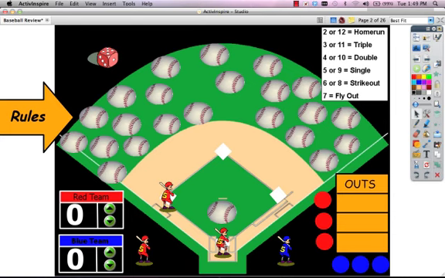So if I miss that question, then that would be an out for my team. If I got it correct, then I do get the home run, which means this runner would come in. So here's where I keep score. And then this runner would go around the bases, which would give me another run. So now the red team has 2 runs. And there's the batters that I've had so far. So then another